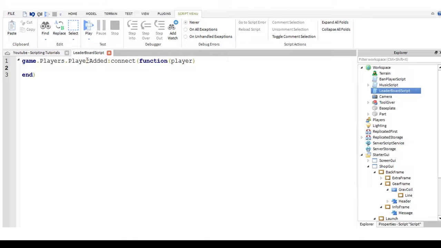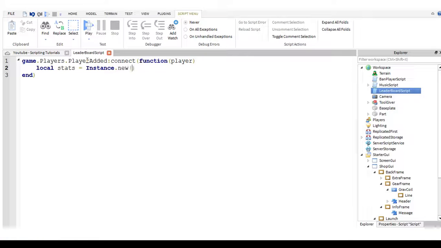Not every single event has the same parameter on it. Alright? So we're actually going to be using this player. The second part is creating leader stats, which is going to be what holds the mass amount of values that we have. But in this case, it's not a mass amount of values because we only have one, right? So we're going to say local stats, or it can really be whatever you want, but I say stats, equals